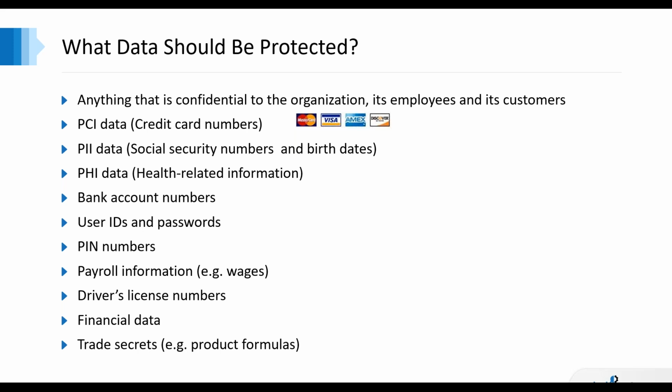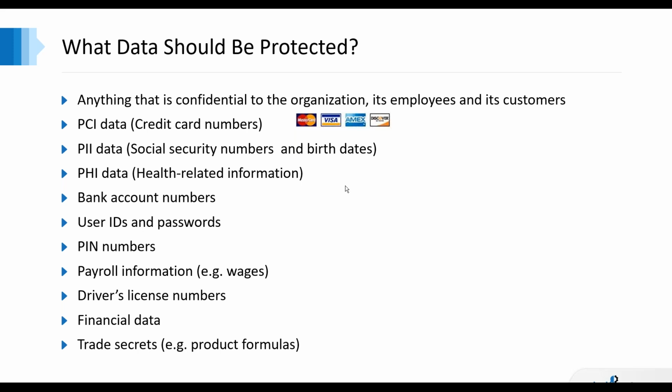The next thing, of course, is to prioritize that data and classify it by levels of sensitivity, to focus on that data. This can be overwhelming, and it is very tempting to lean back towards full disk encryption. But really, the focus should be on the sensitive data. When you're looking at it, look for things deemed sensitive by regulatory mandates, very typically PCI data, PII data, PHI data, bank account numbers, user IDs and passwords. We often take for granted that user IDs and passwords are protected, but there are ways that those can be exposed.